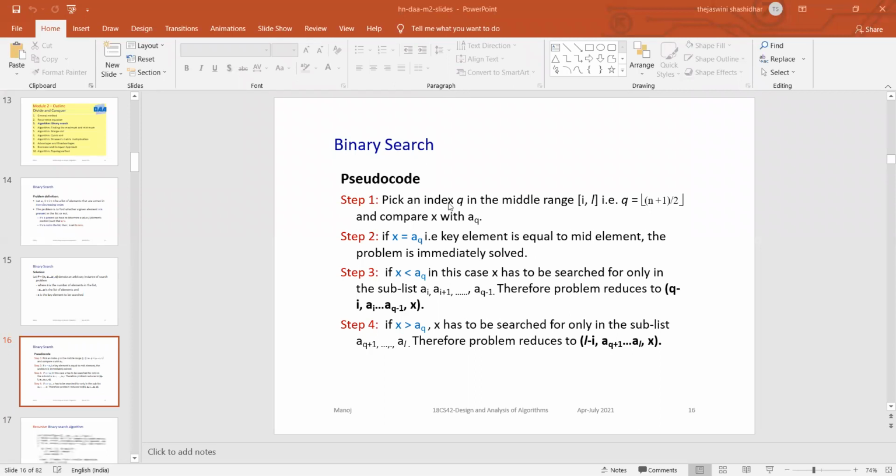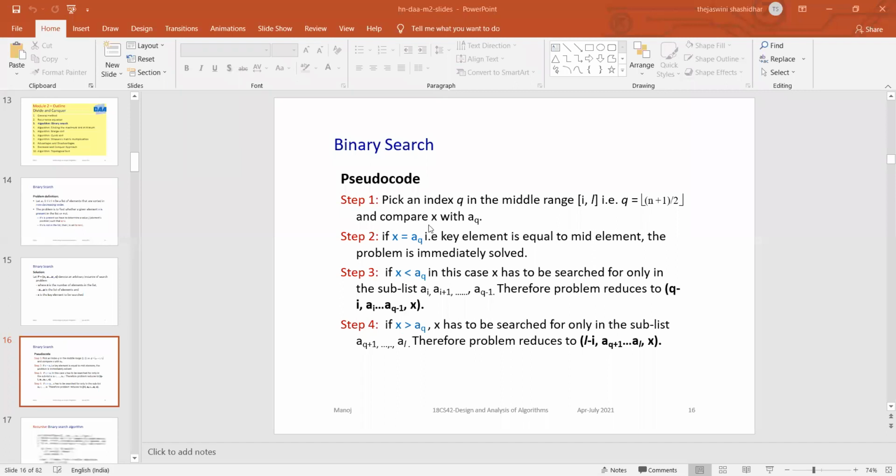For that we pick an index q in the middle range, so q is equal to last element plus first element divided by 2. The last element we call n and the first element we call 1, so q is equal to (n plus 1) by 2. Then compare X with A of q. Last element plus first element by 2 gives some index, and that index is called q.